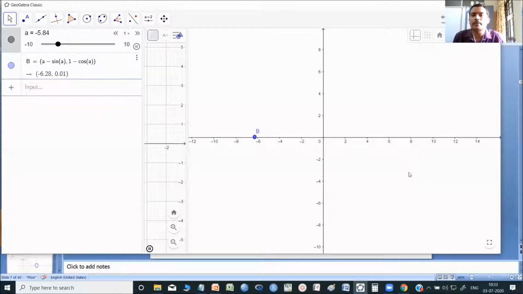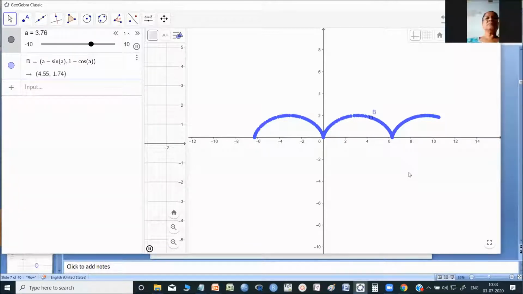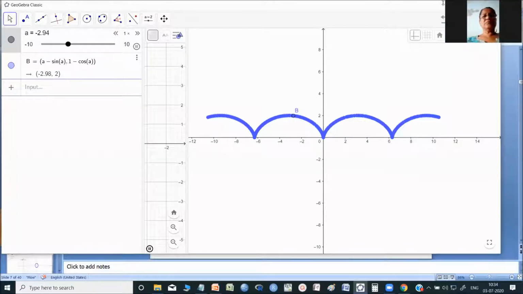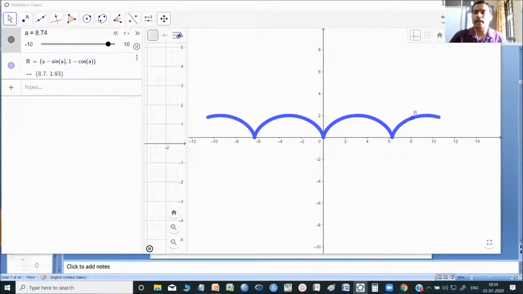So this is the shape of the cycloid. Okay. So this is how we can represent the parametric curve.